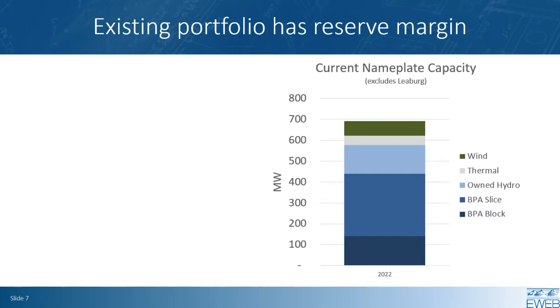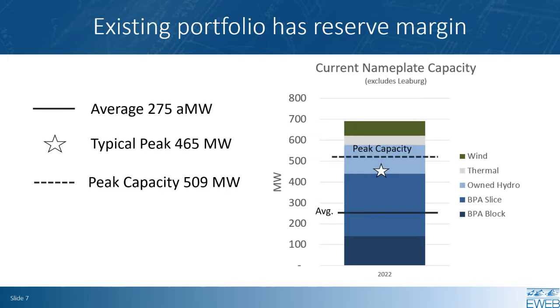So system planners, we're concerned about the nameplate capacity of our generators, but also their ability to help us meet our system peaks. So I'm going to provide some context here to this portfolio by overlaying some of the things we've talked about this year. Recall that EWEB's average annual load is about 275 average megawatts. And back in April, we discussed that our typical system peak is about 465 megawatts. So that's a 1 and 2 type event. This represents the highest hour of load that we would expect in that typical year.